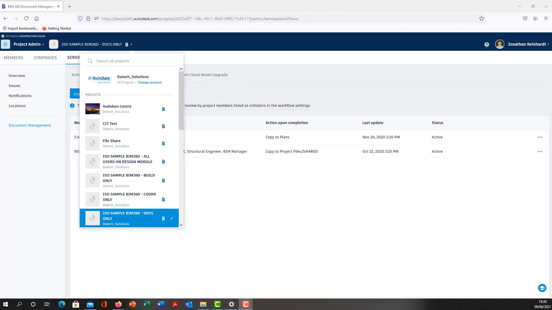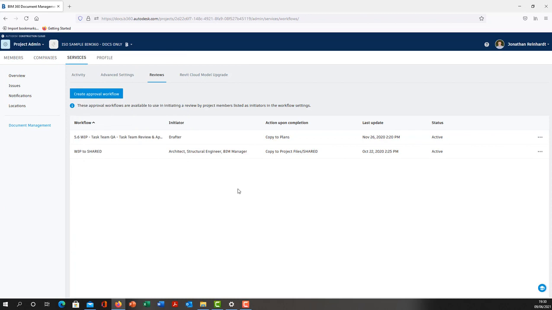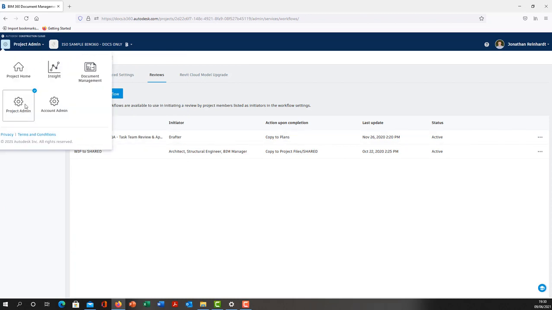To create an approval workflow within your BIM360 project, first off, navigate to your BIM360 project. This particular one is called ISO sample BIM360. So this is set up as a project. The next thing you want to do is go into the project admin, and that is assuming that you have